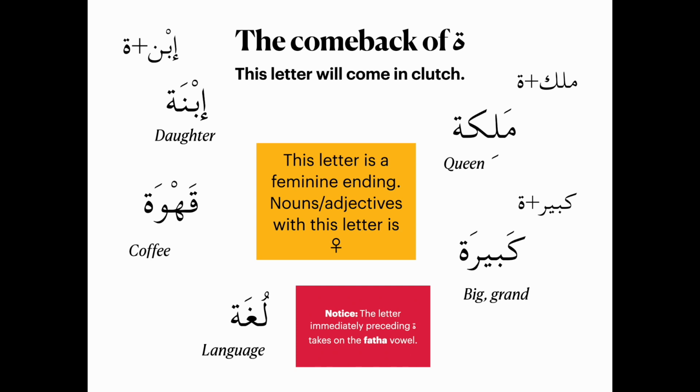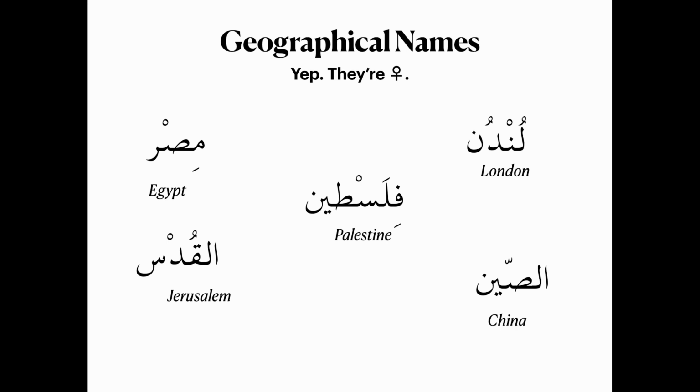There are some exceptions, but I'm not really gonna go over the bare basics of exceptions. You don't need to be so concerned about that as of right now. So yeah, anything with ta marbuta is guaranteed to be feminine. And also geographical names. So if we're talking anything concerning places, anything with cities, villages, continents, countries, anything that's considered a place or somewhere you live is going to be in the feminine, even though they don't have ta marbuta